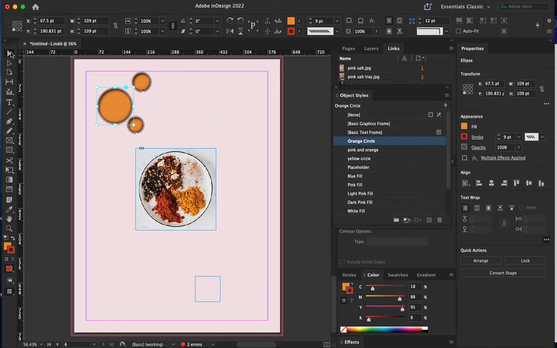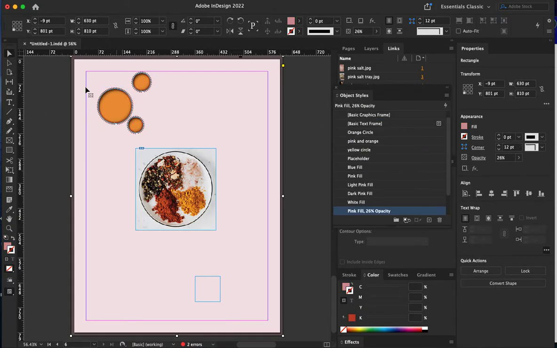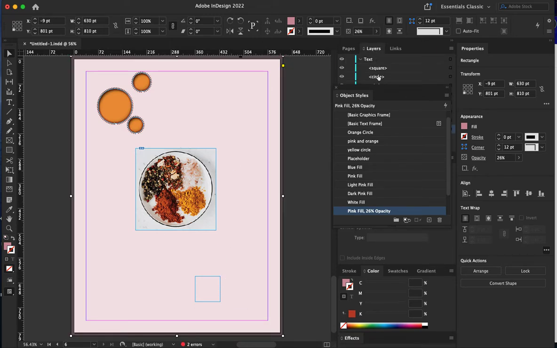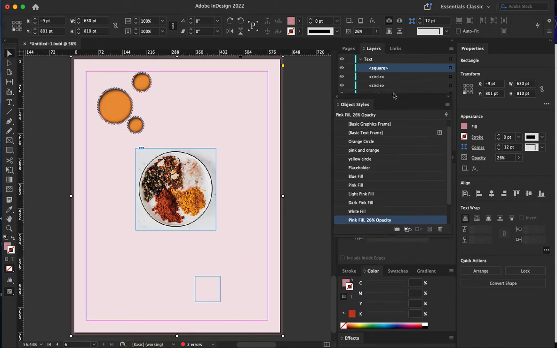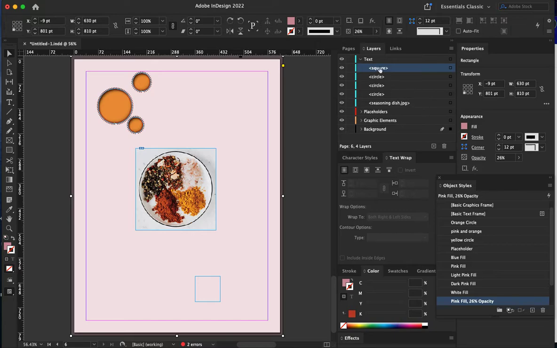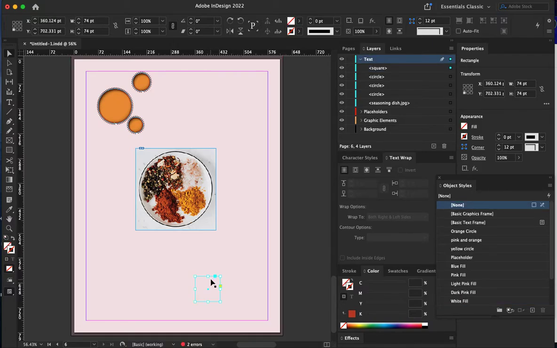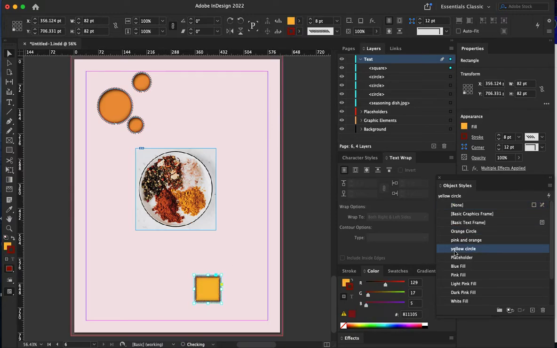And now if I select my square, okay, and I want it selected. It's not letting me select this, which is kind of frustrating. Okay, I have to select the path. All right, I can now apply that orange circle style to my square as well. So it's a really easy way to